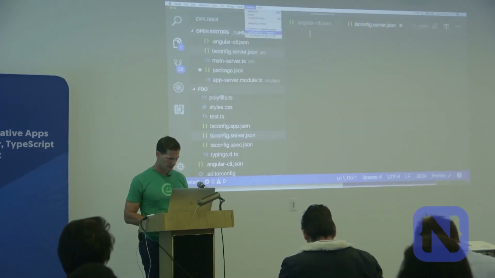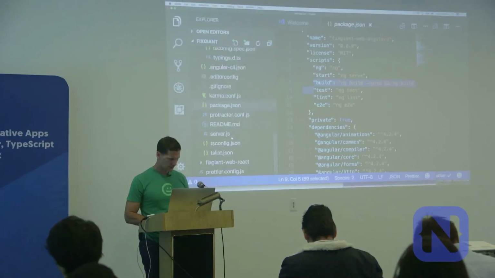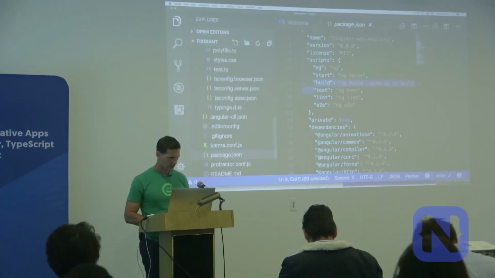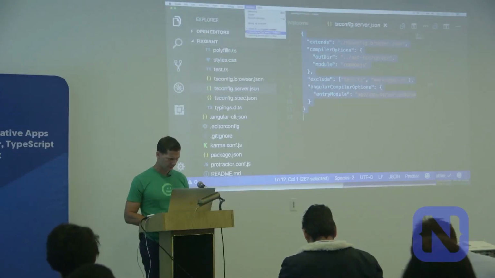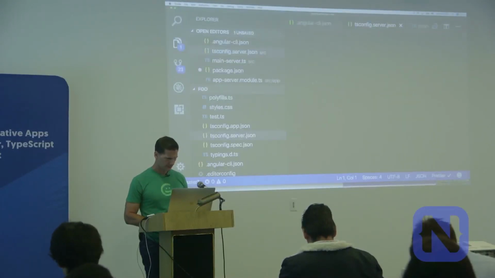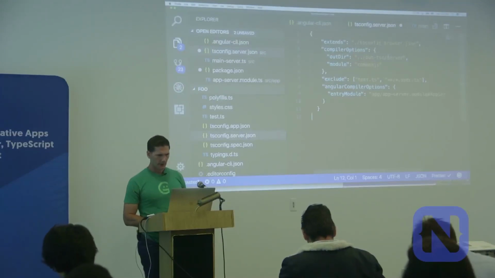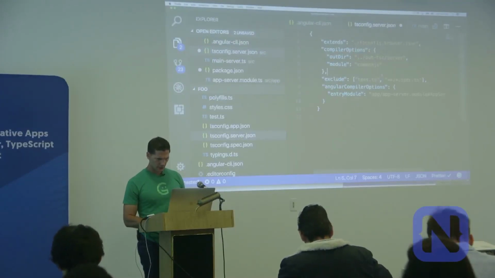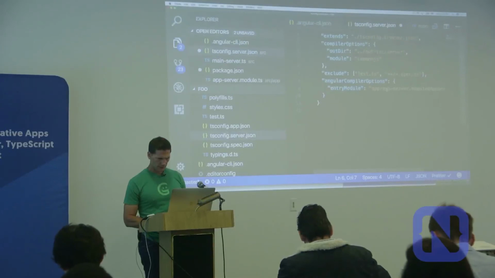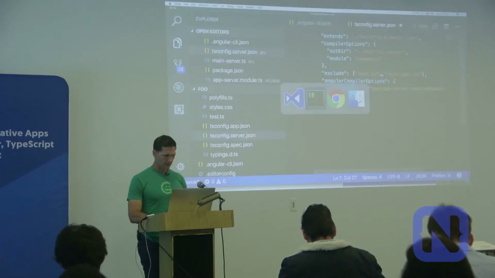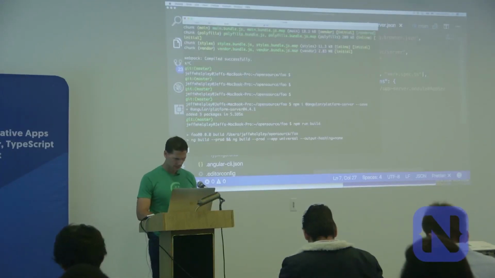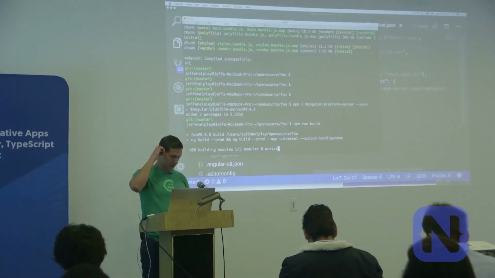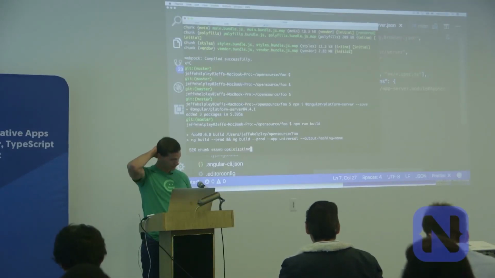And okay, so that should be, yes. That should be enough to build. Let's try to build. And if this works, hopefully.